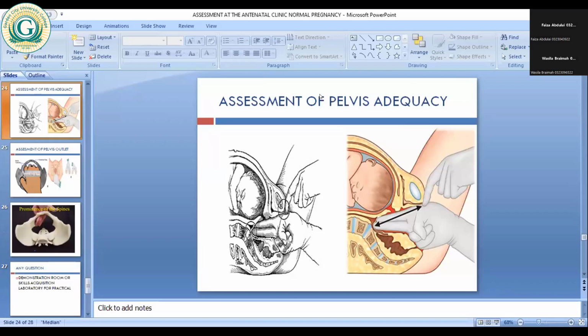And some midwives use the episiotomy to charge the clients. They will tell the client, Madam, I'll give episiotomy, it's 50 cedis, 60 cedis. So for some people, episiotomy is a routine for everybody. No. Do your pelvis assessment and then identify if the client will need episiotomy. Take your time and explain to the client. And if you go in advance, they will tell you that the client should sign a consent form